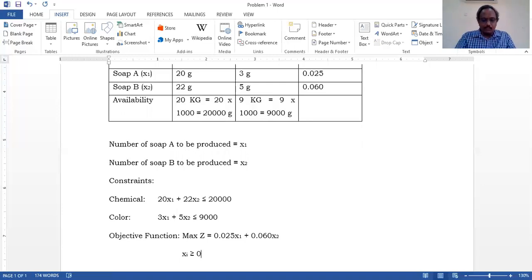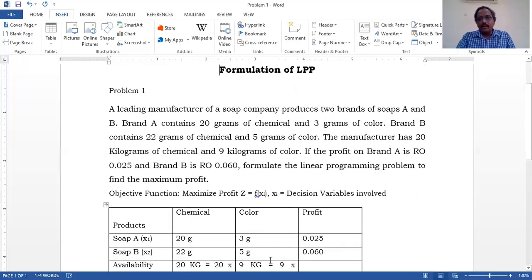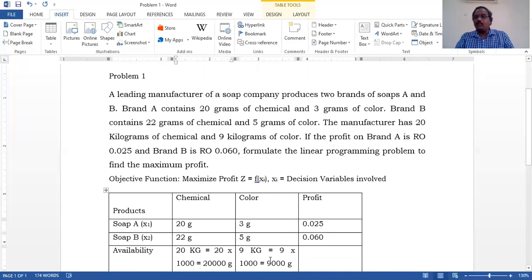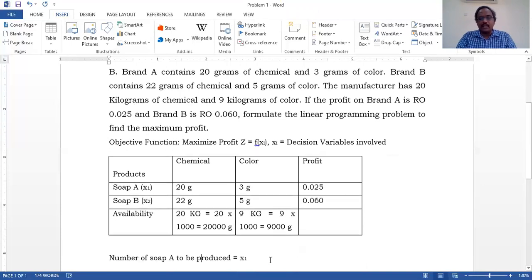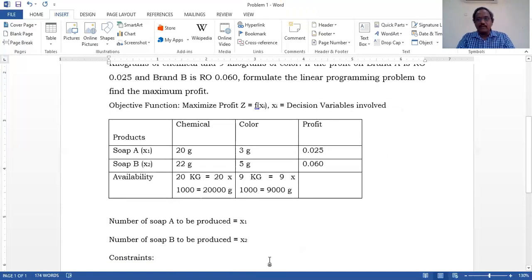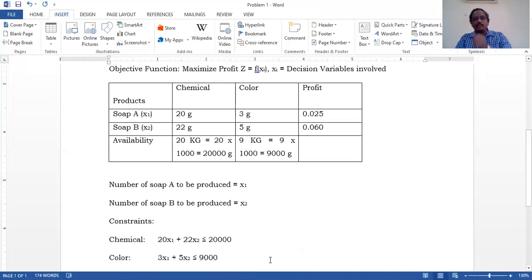They have given the problem and we are going to read the problem. We are going to identify the objective function. This table is only for our understanding purpose. The conversion of the problem into a table is only for understanding purpose. If you want, you can write directly from the problem itself. You have converted the problem into a table and you have taken the availability and the profit values, then the composition, what are all the resources available are taken into consideration. And then we are going to define the decision variable. The product A is the first one and product B is the second one. And then we are going to form the constraints.